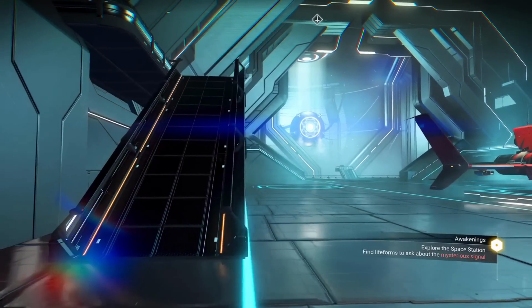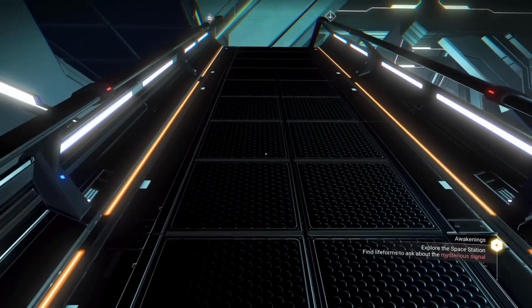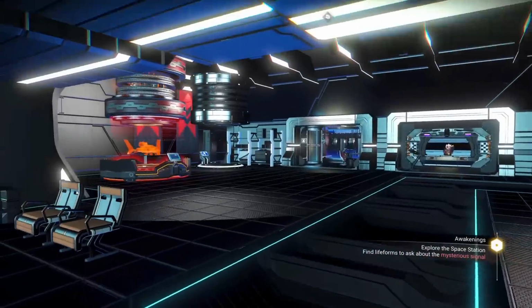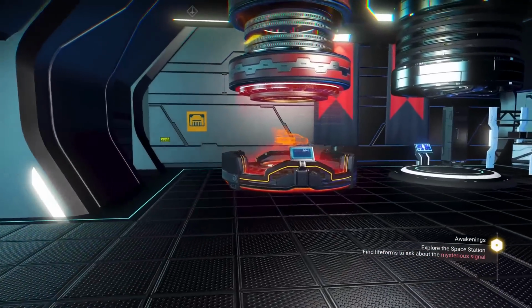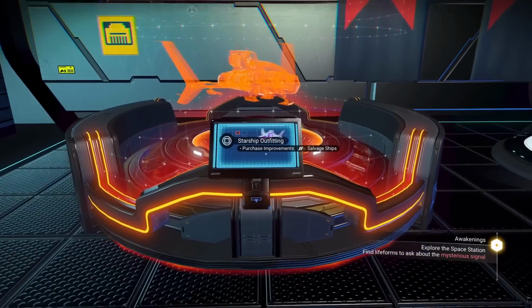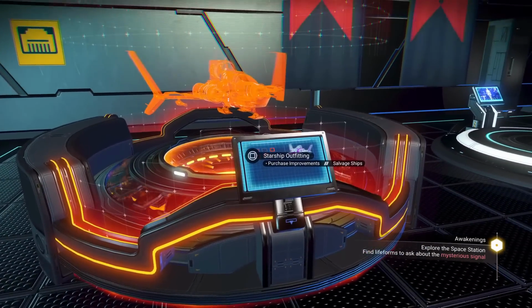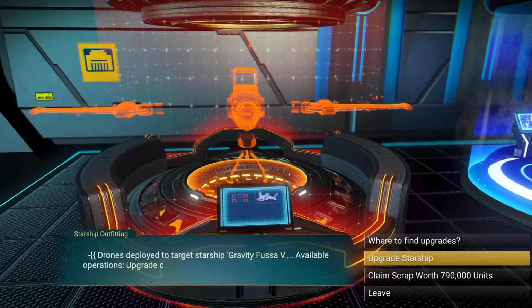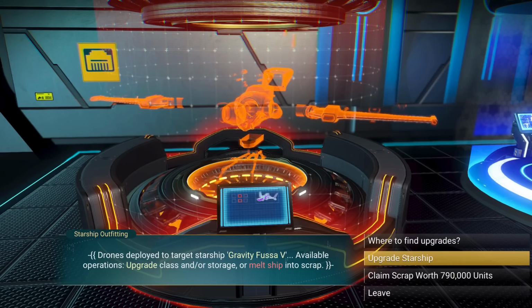This station is very important later on in the game. You're going to be able to upgrade your ship here. You can upgrade the class, and you can increase the inventory space of your ship. And also you can scrap unwanted ships and get components that you can sell for quite a few units. I'll talk a little more about this station later on, but as for now, let's move on to the character